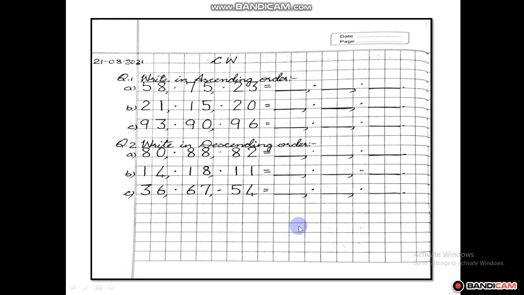In this way, children, read the question and then solve. After writing, check it out whether it is correct or not. If there are any mistakes, you can recheck. You can clean and write, but don't take wrong. Okay? Click the photo and send it to me for the correction. Okay, children?